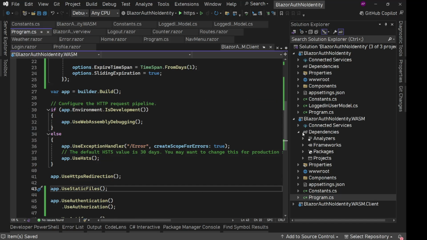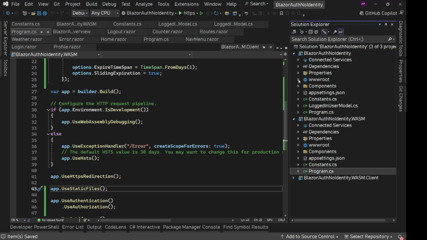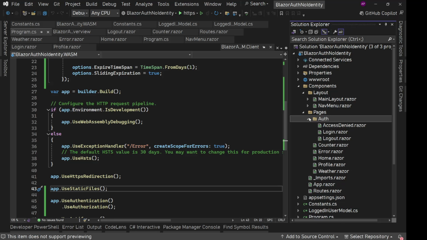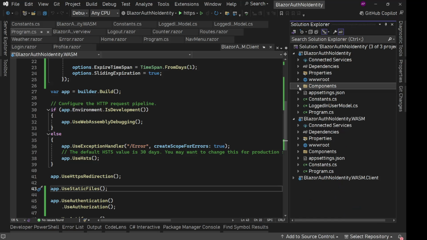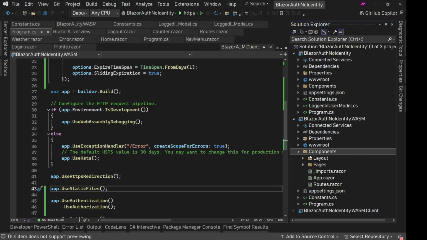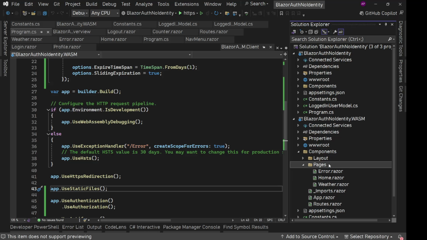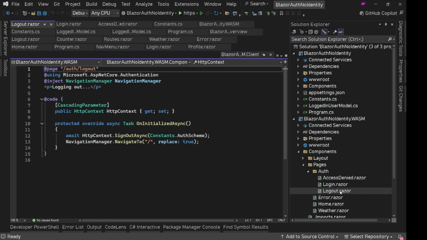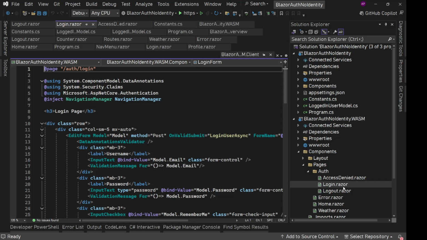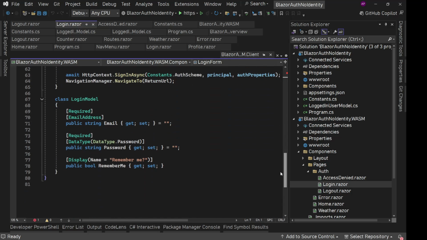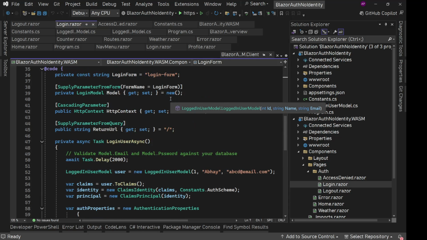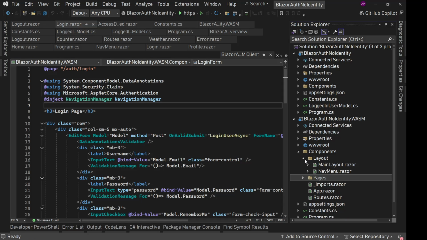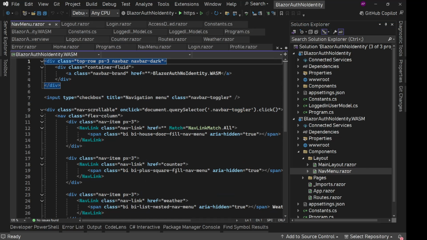Now let's copy the login page. So we'll go to the components, auth. Let's maybe copy the complete auth folder. So I'm copying it, go to the WASM project, and I'm going to add it in these components, in these pages. I'm adding this auth, and we have these three: access denied, login, and logout. Okay, login, everything is fine, looks like everything is fine. Okay, save everything. Now we should be good, but before that, let's go to this layout, main layout, nav menu,